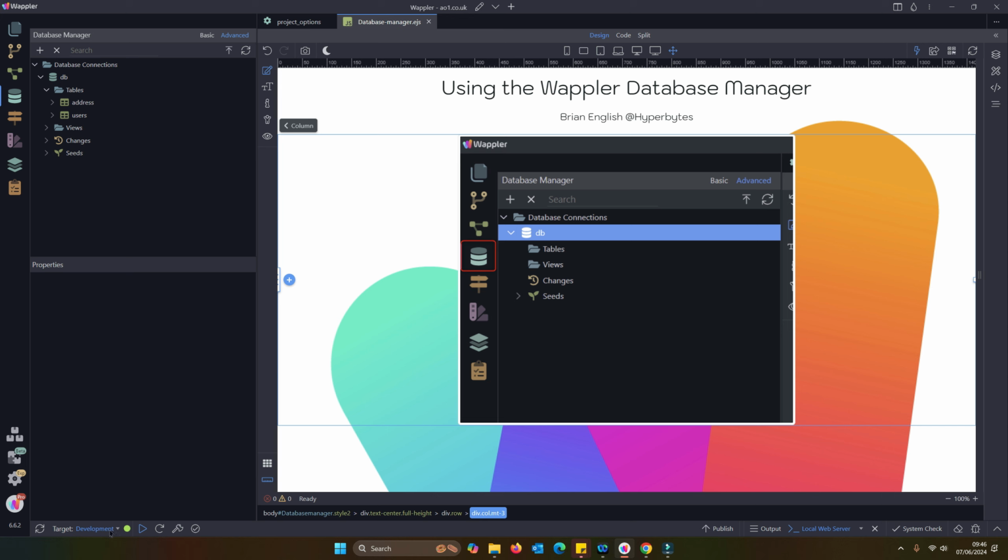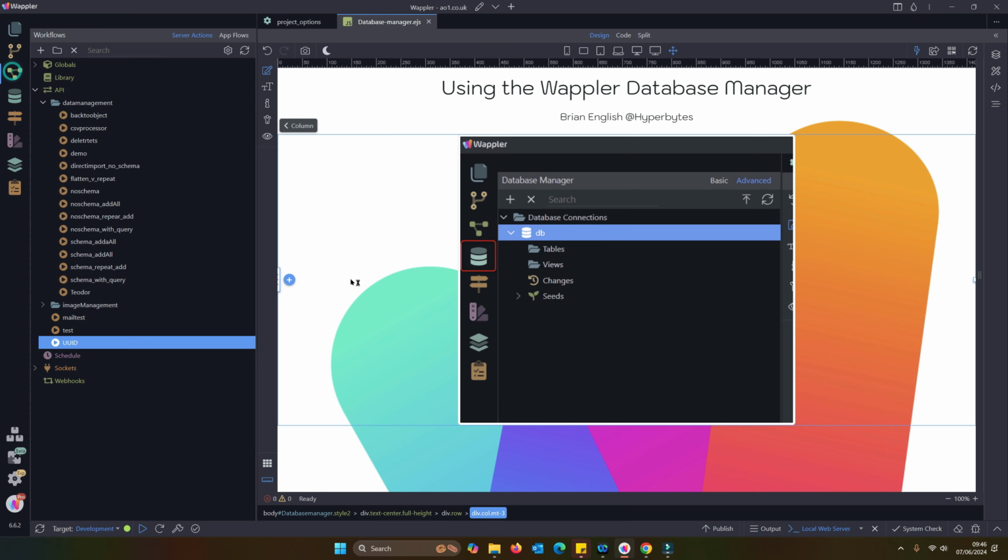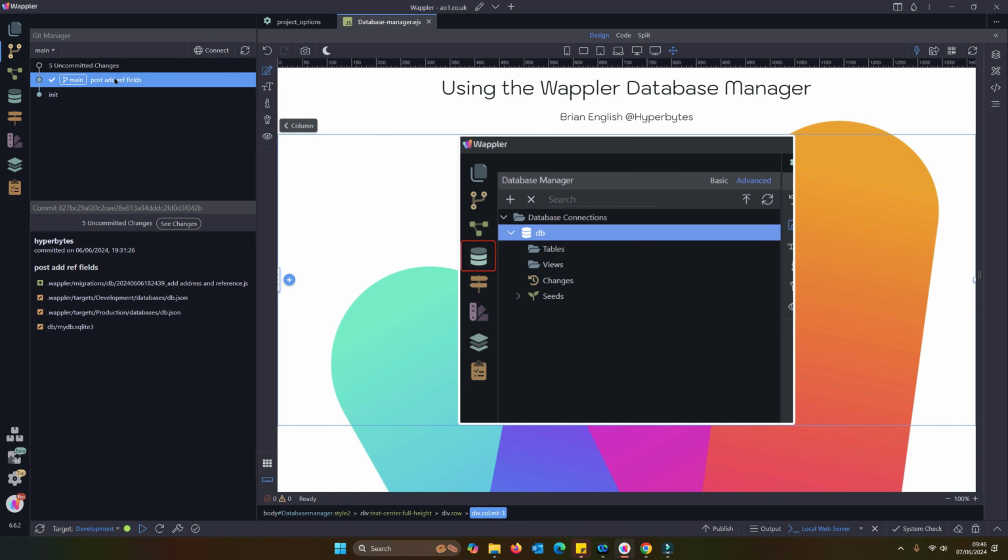So you could end up with a situation where your production say has a table but your development doesn't. I'm just going to try that. Hopefully that will work okay. I'm going to revert to there.